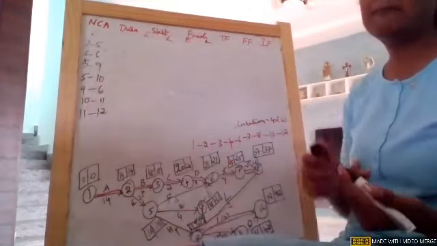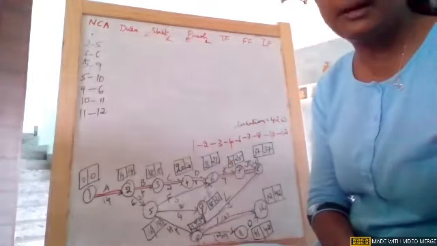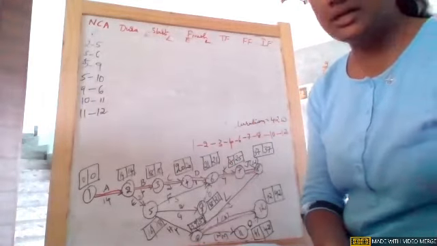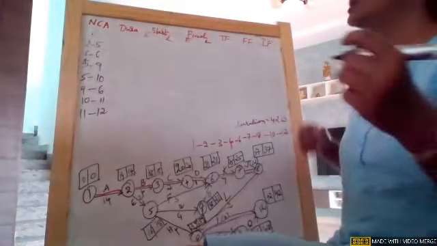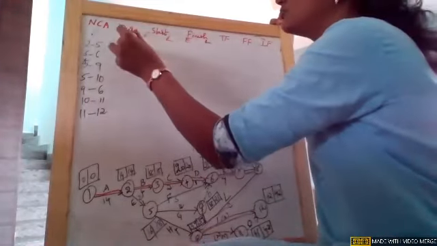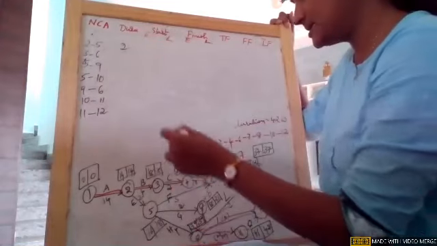Even certain times the dummy activity can also come in the critical path, girls. It is not always, it will not come. Even dummy activity can also come in the critical path. So this is one thing. The durations we will just make a note. From 2 to 5 it is 2. From 5 to 6 it is 3.